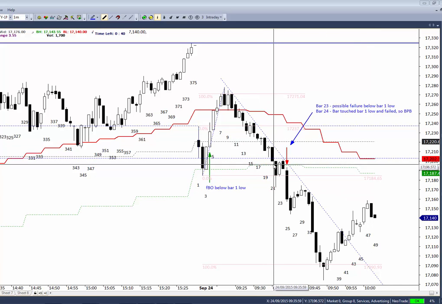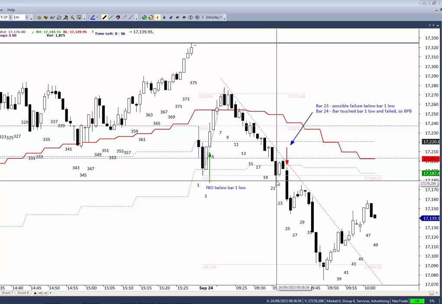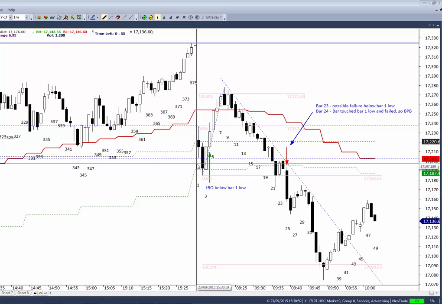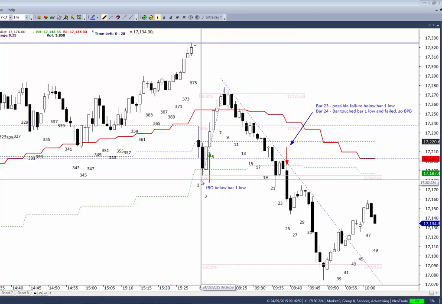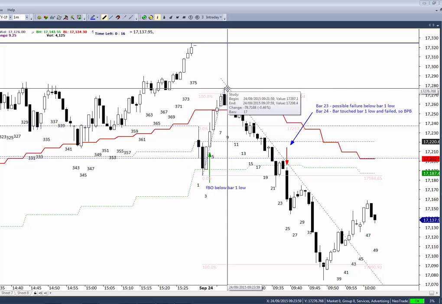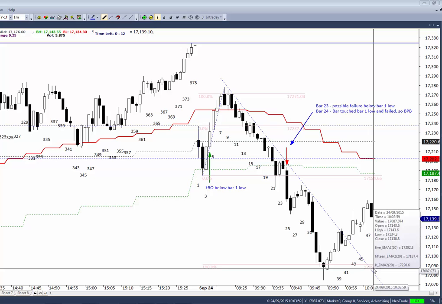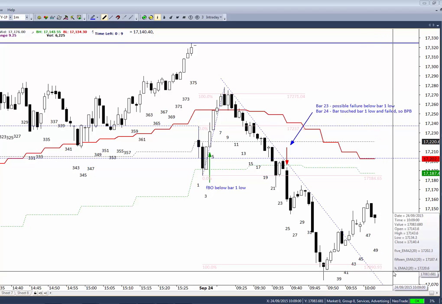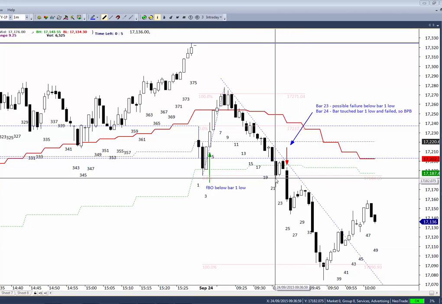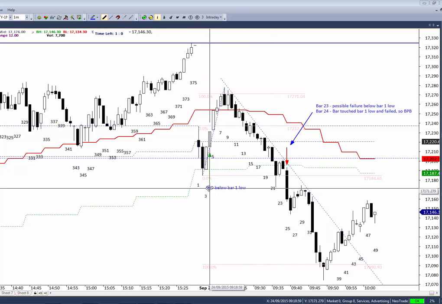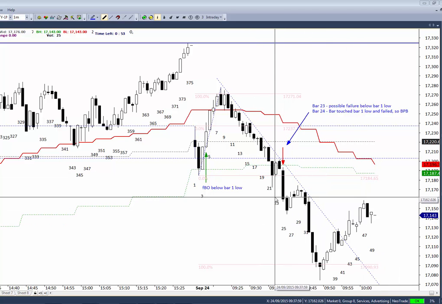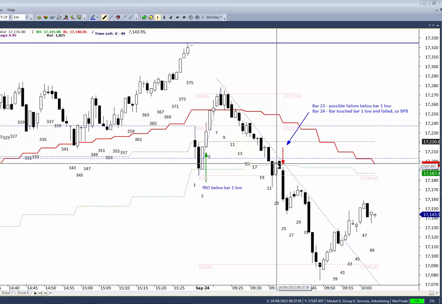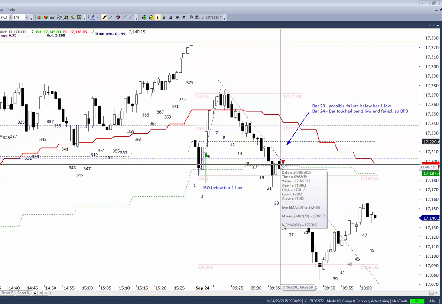Now with this price action, with this bar 20 and bar 21, bears getting a breakdown below bar 1's low, what do we see? Okay, bulls made an attempt to go up, and that failed. So we are looking at possibly the extension of bar 2's low till bar 8's high, and that is what I have plotted here, which is the Fibonacci extension of that move up, which is basically 17091 approximately, right? You see that this bar 21 went below bar 2's low, which was the day's low at that point of time. Bar 23 tried to basically fail the breakout, but it was not enough. Okay, it was still below bar 1's low, and